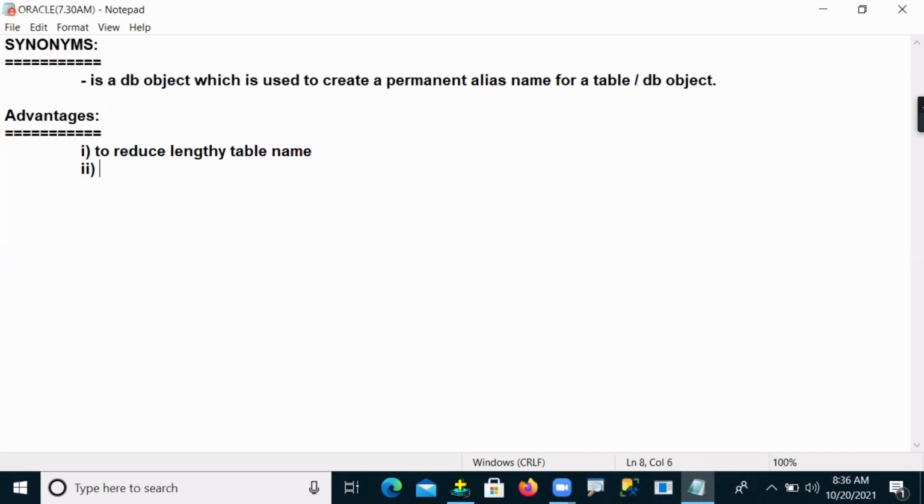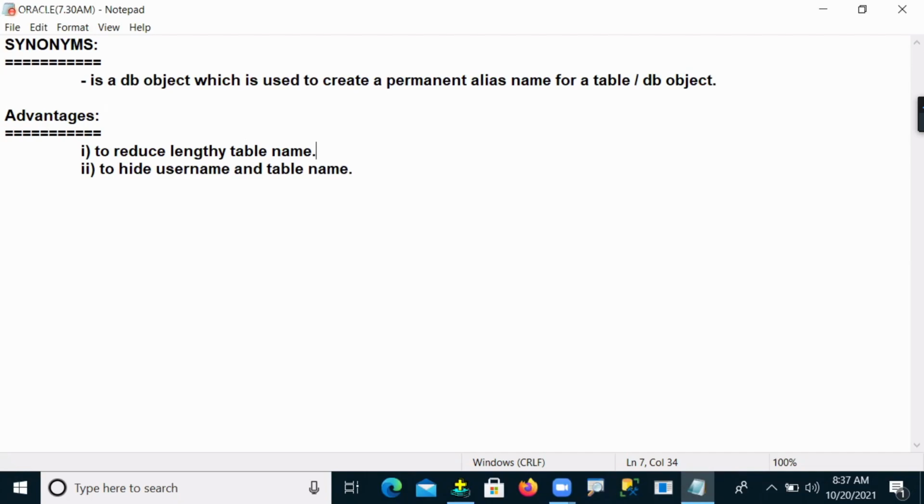And the second one is to hide the username and table name. So these are the synonym advantages here. There are two advantages we get from the synonym.